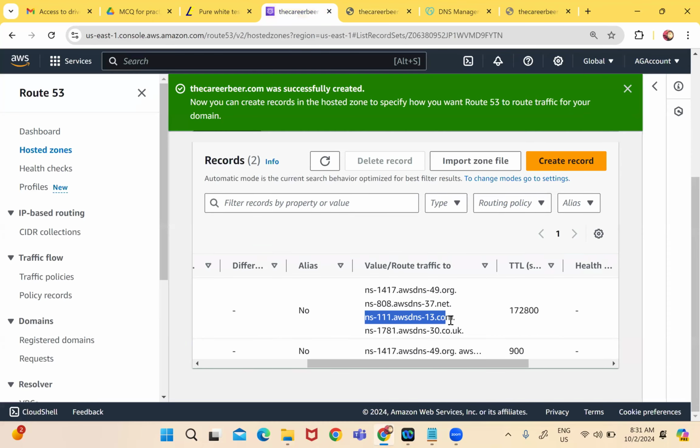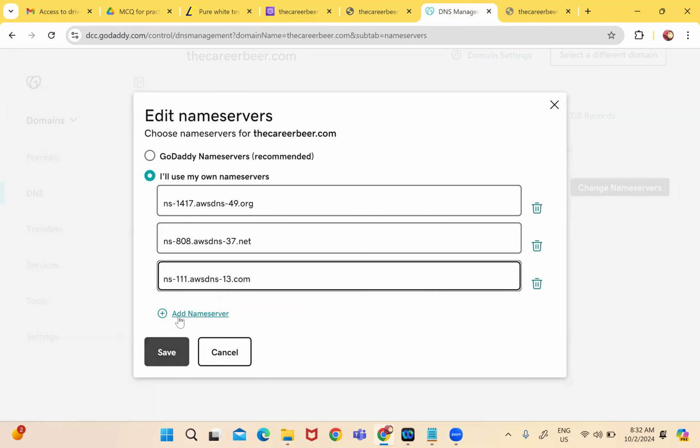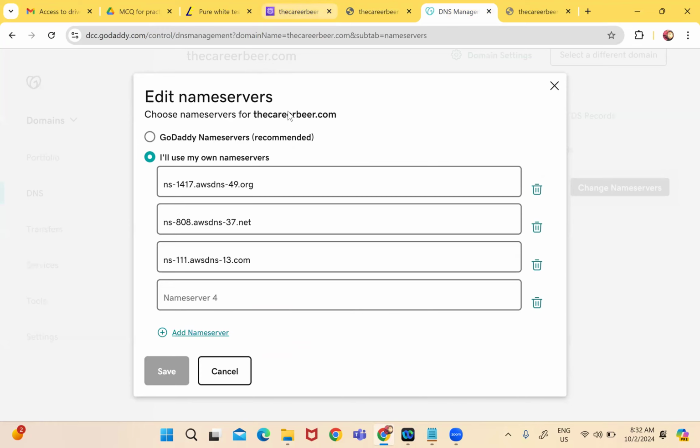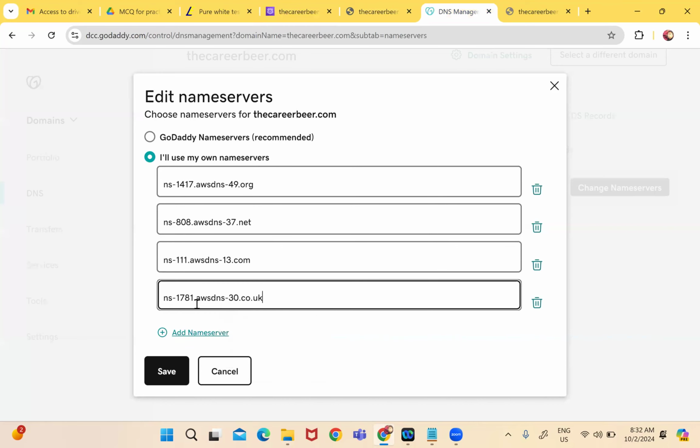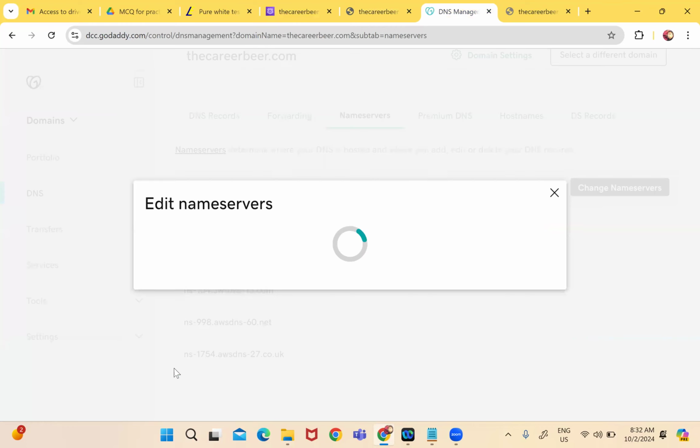Then this also I will copy, paste it here. And then this also I will copy and paste it here. Okay. So 1, 2, 3, 4. So all the 4 name servers I have put in. And when I save it,